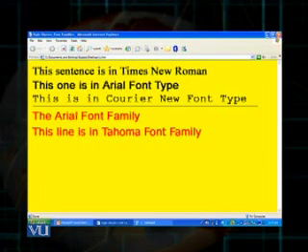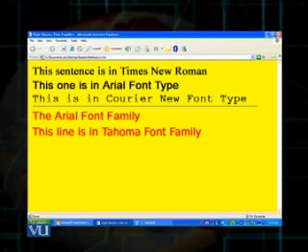The third one is in Courier New font type. For all these different sentences, I have created 3 different style classes, and I have assigned this property font family with the help of these style classes to this text.